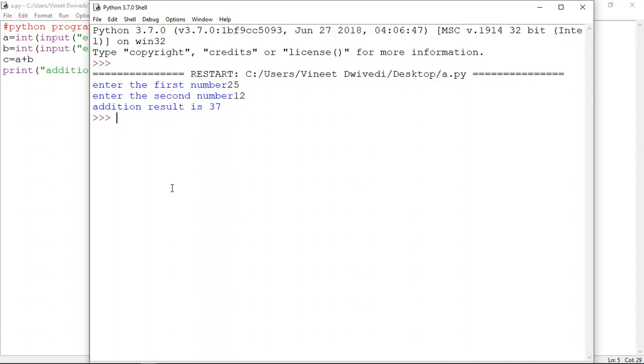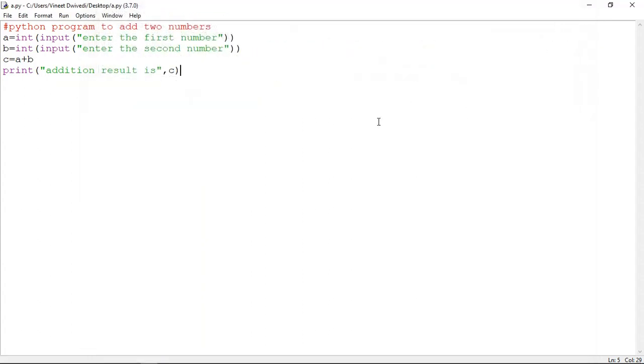Okay, so this time you have given the messages, so that when inputting the first value you get the message, enter the first number. Then for the second line again you have written enter the second number, and you get the message. Okay, and then for the addition result you have mentioned it in the output, so it has shown the addition result accordingly, and the addition result is 37. Okay, now let's try to change this code and do something different in this.